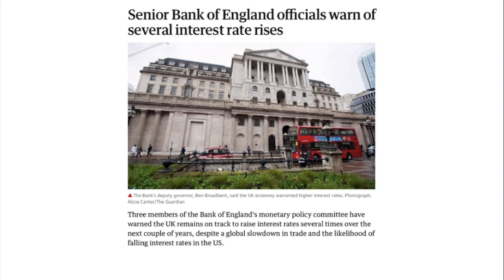So the article that I've put on the screen, this was in 2019, and last year it was predicted that interest rates could increase several times. And this may mean that the commercial bank who has issued the firm a loan may also have to increase their rates. This would result in higher fixed costs, increasing outflows, and is a risk of gearing. Fortunately, interest rates in 2019 only increased once, and it was only by 0.25%, and they've fallen again now because of COVID-19. So these businesses that relied on borrowing to expand, they didn't actually have these problems, but that's not to say they could face them in the future.